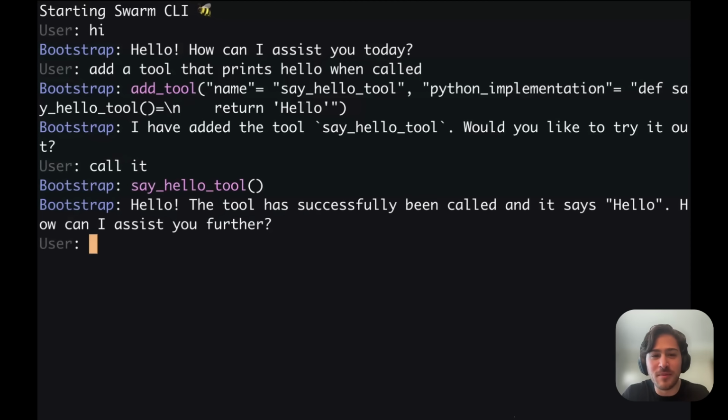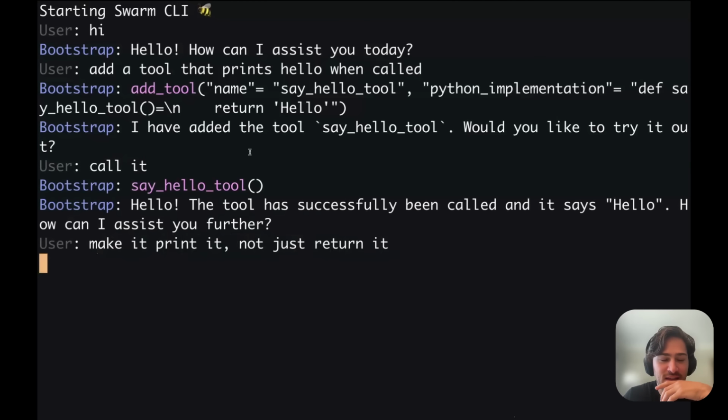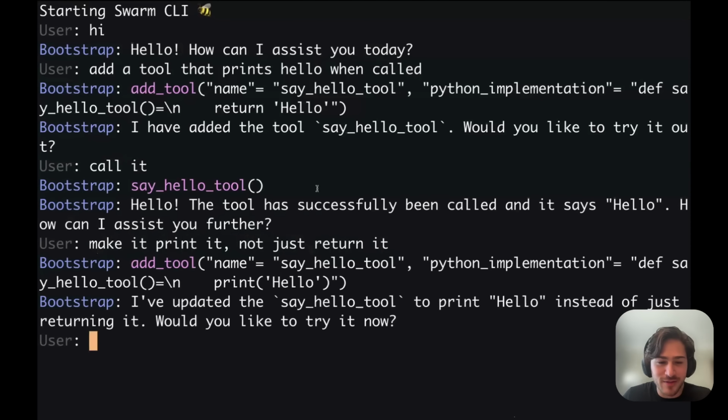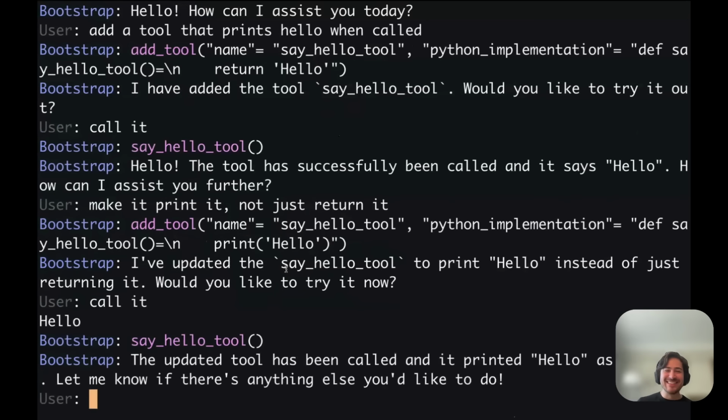Oh, but no. Make it print it, not just return it. My heart's pounding. Okay. So say hello tool, call it. Look at that. Look at that.